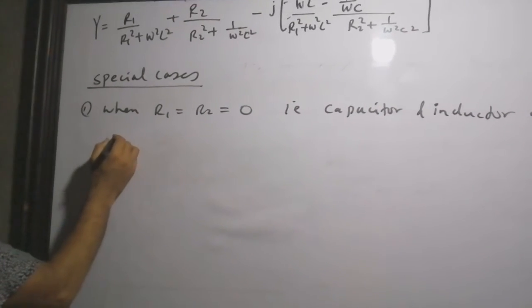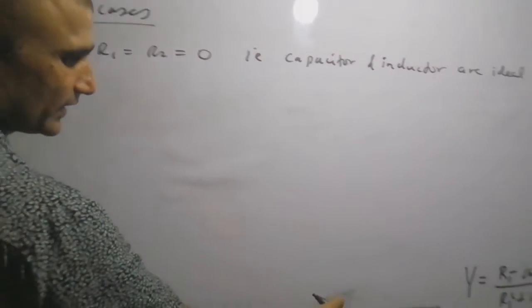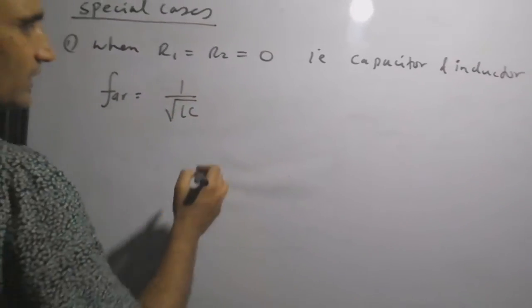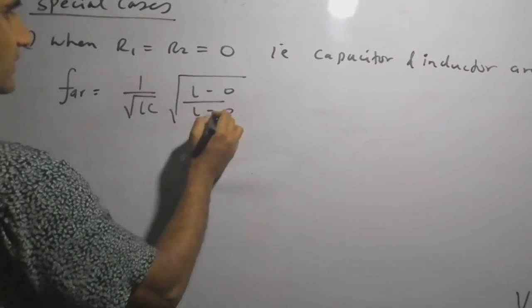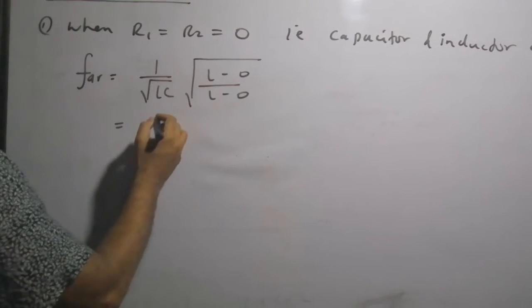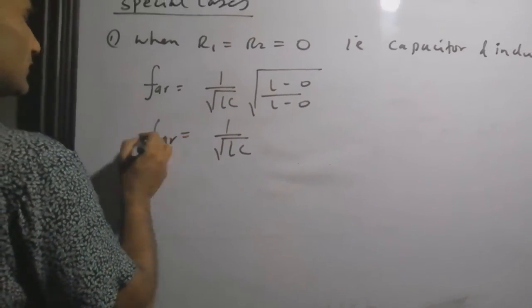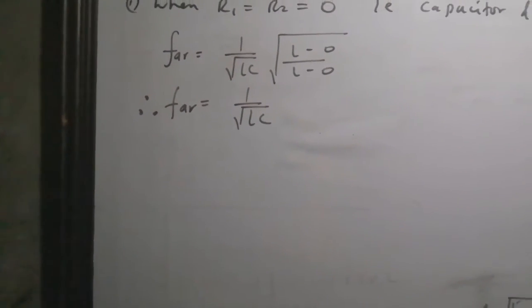And in this case, let's see what our frequency comes. So frequency of anti-resonant frequency of AR, in this case we get from this relation only. I have to put this 0. So what I get? 1 upon root LC and this is root under L minus 0, and this is L minus 0, and so this is L cut and 1 only, and so we get the 1 upon root LC, which is as usual our anti-resonant frequency which we had discussed.